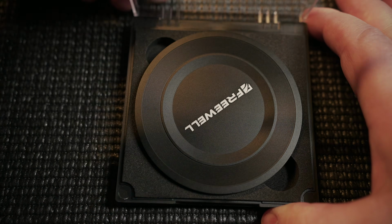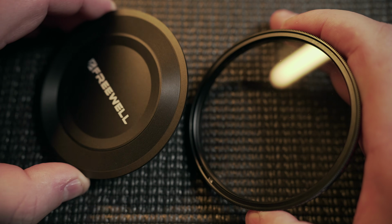Guys, I got an interesting video for you today, and I know that there's a bunch of videos out there already on mist filters and how they're the secret sauce to getting smooth, filmic-looking footage. Well, Freewell sent me over their new Glow Mist filters, and it works with their new magnetic system, which is really cool. So I want to try them out and see how they stack up against something like the Tiffen